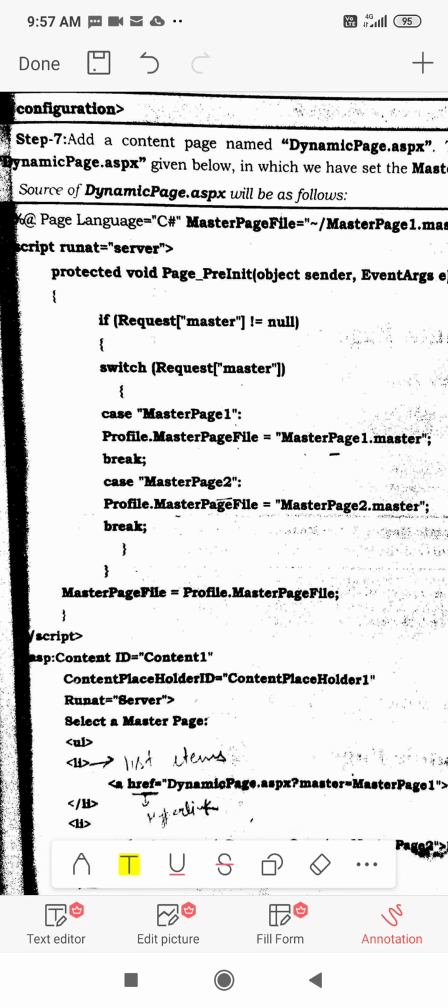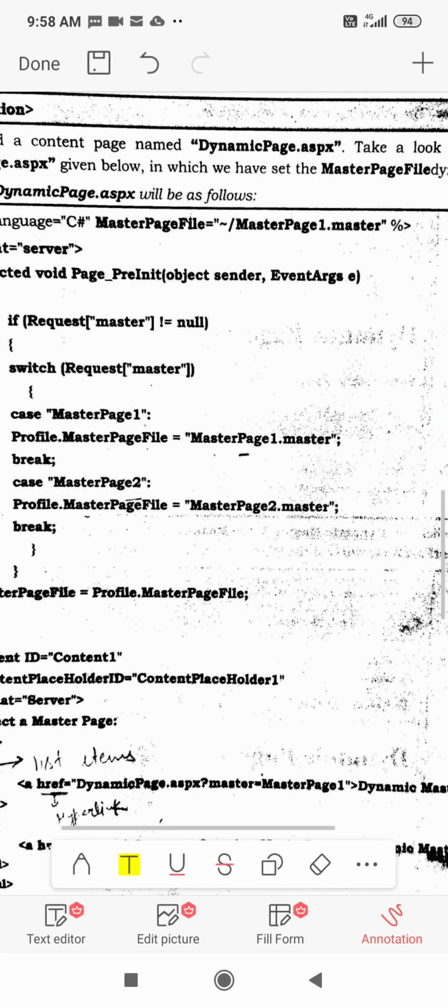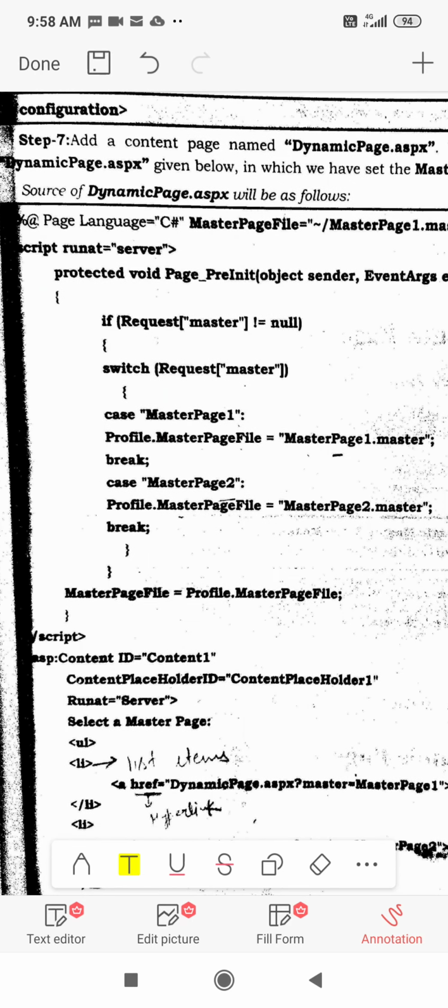And the third thing we are going to create is a content page. For a content page, you already know the steps. First of all, go to Solution Explorer. Then in Solution Explorer, go to the master page, right click on the master page, and in the pop-up menu there will be an option, add content page. Give a name to the content page, for example, dynamic page.aspx. Now in dynamic page.aspx,